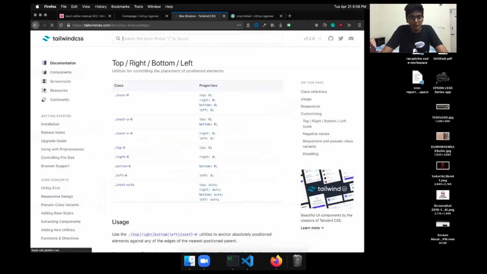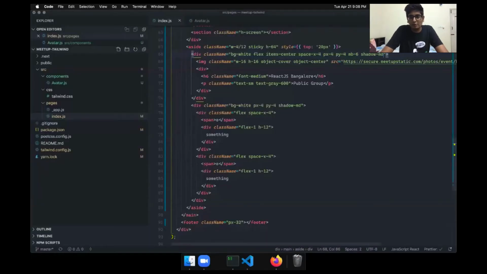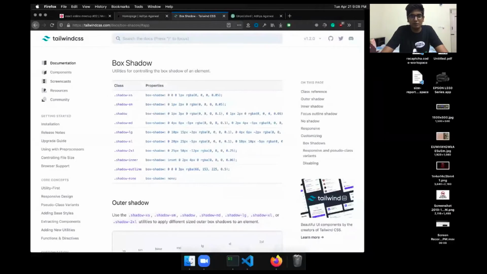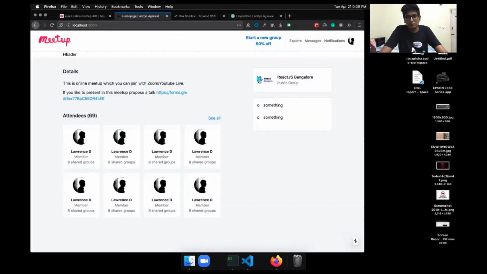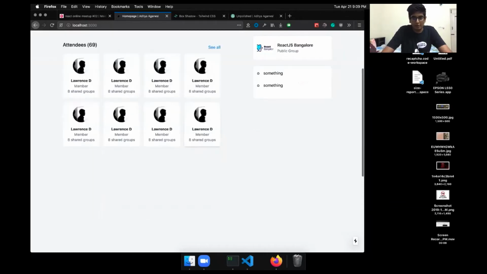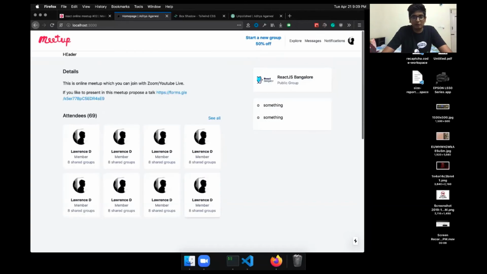Let's see what more shadows are there. So we have shadow access as well. So I do shadow access, and we need rounded MD to make it rounded. Cool, this looks a little better. Actually, you won't be able to notice it on the video, but I can see that it is looking a little better. Okay, so now we have the sticky thing working.